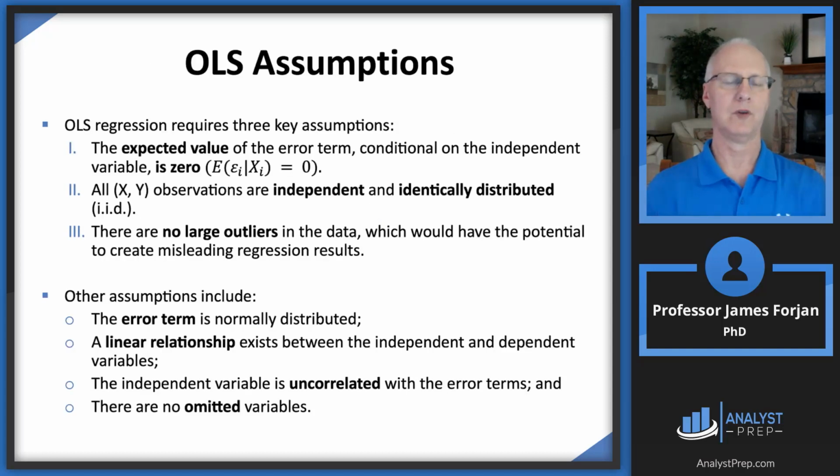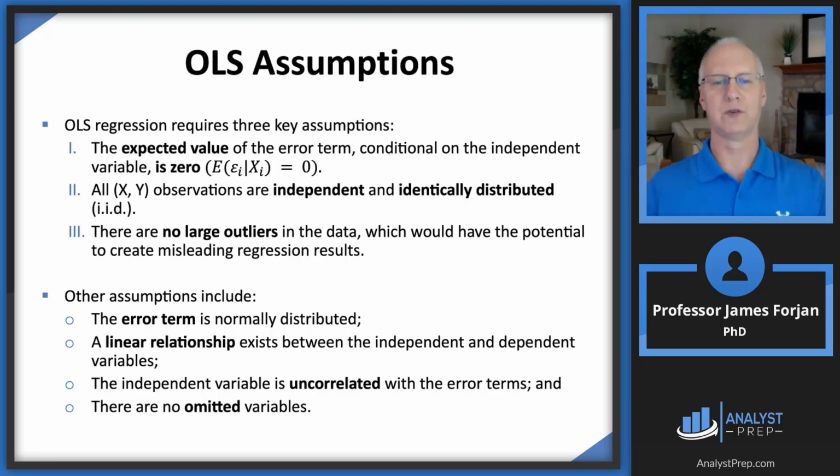Here are some good assumptions of the ordinary least squares model. The expected value of the error term is 0. We talked about that. The observations are independent and identically distributed. In economics terminology, that's called IID. And what that essentially means is that you have